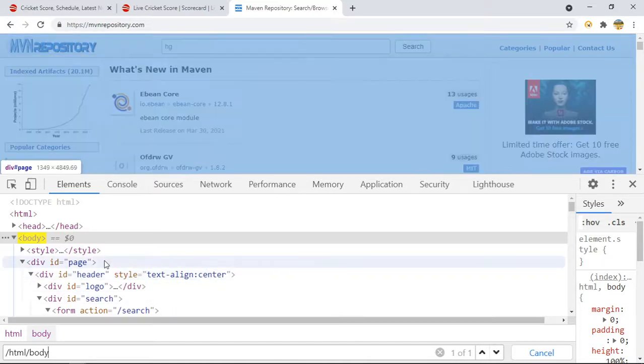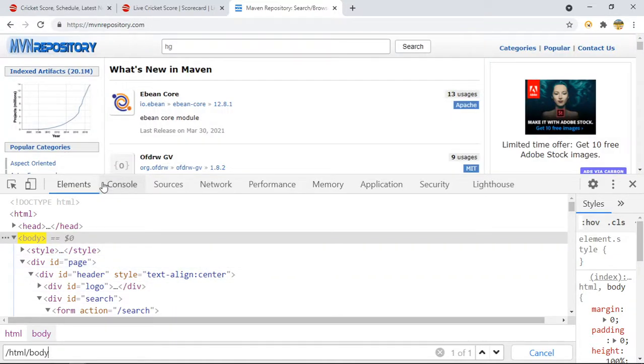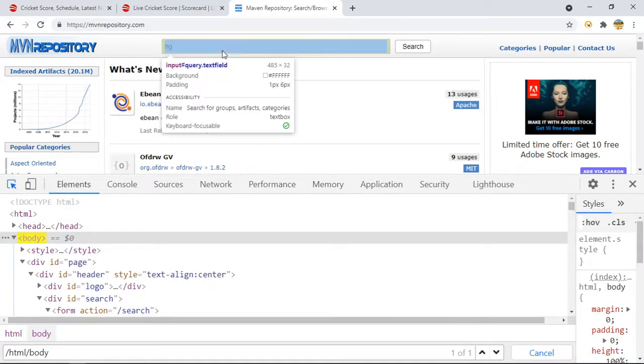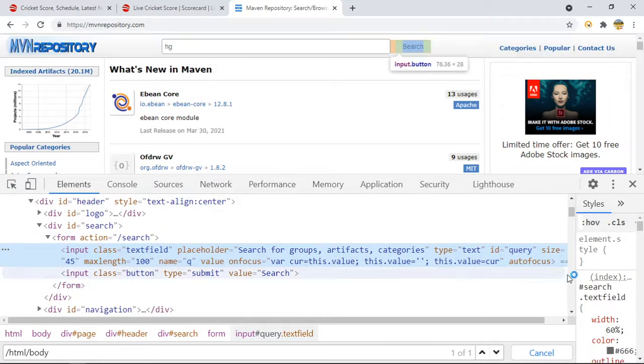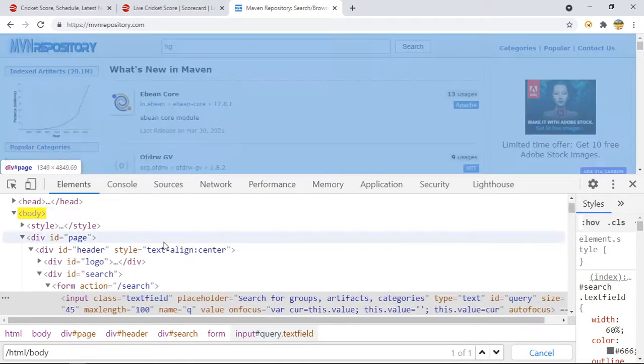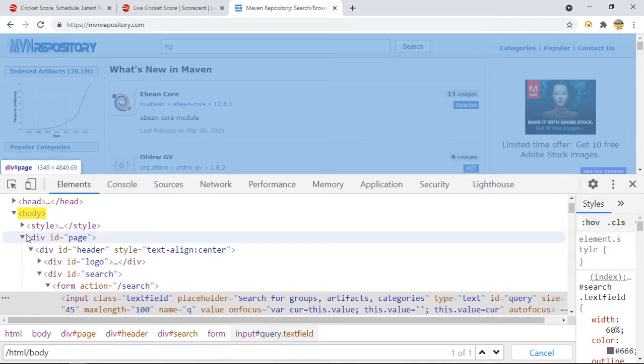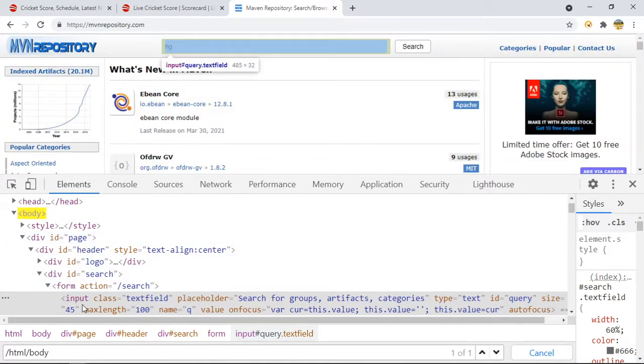And after that, where do I have to reach? If I inspect it again, let me check where we have to reach. You can see we are here, and after that, inside this style or inside div, you can clearly see our data is here.